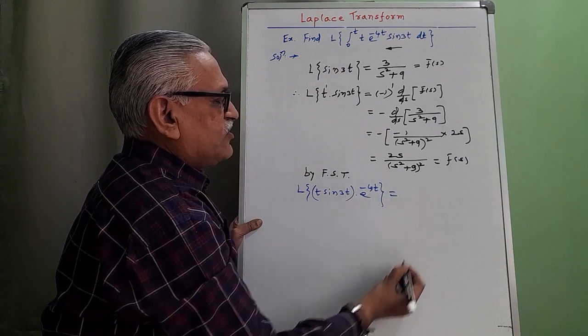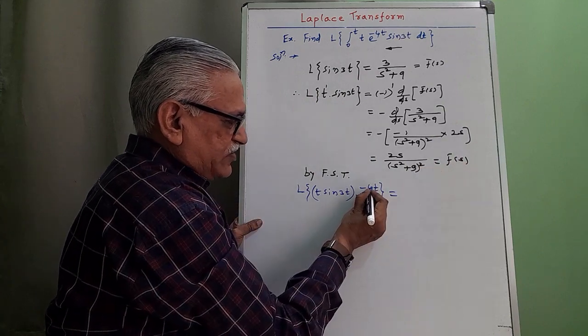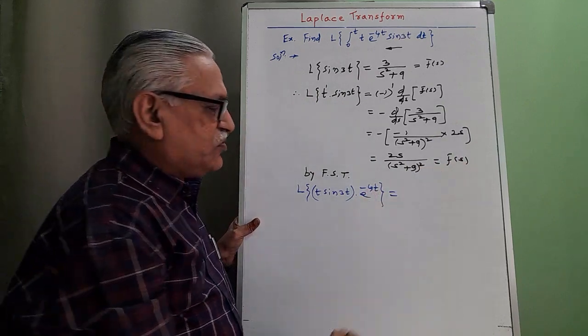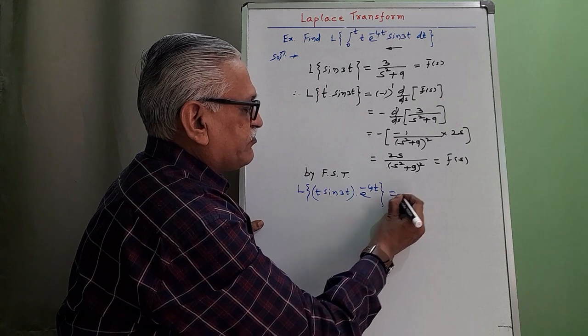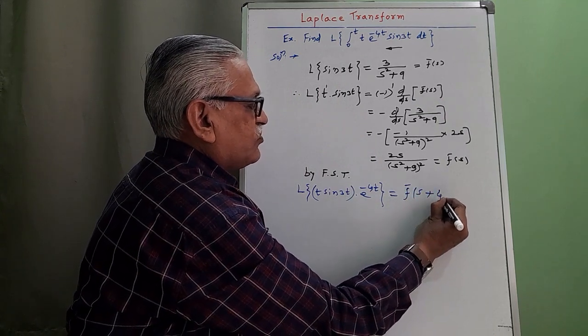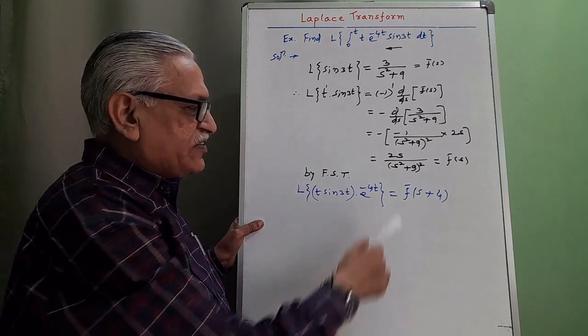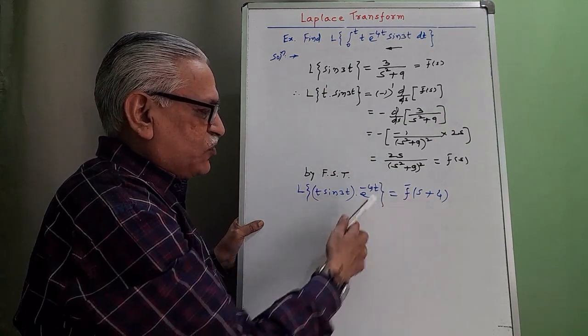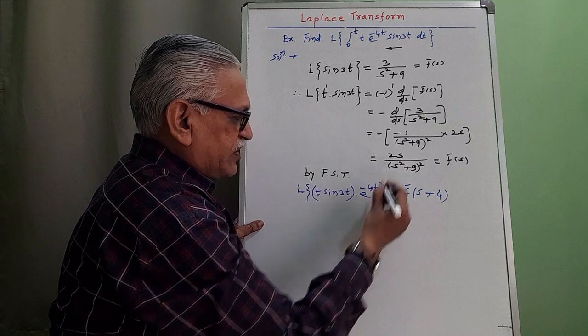By first shifting theorem, we have to replace s by s plus a, as here we have e raised to minus 4t, and therefore it is f bar of s plus 4. Wherever s is there, replace s by s plus 4 to get the Laplace of this, and therefore it becomes